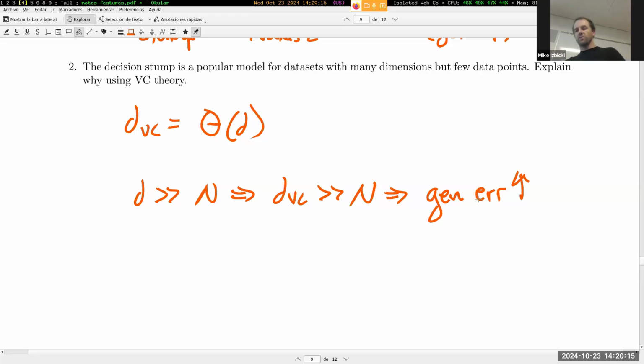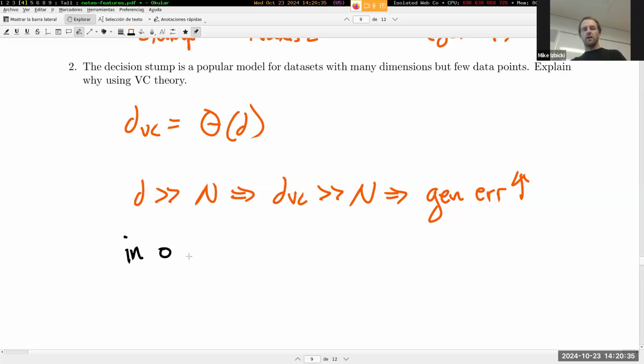The reason for that is because the generalization error is proportional to the square root of dVC divided by N. If dVC is much bigger than N, then the generalization error is high, this thing on the numerator, this thing on the denominator. And so in order to make our generalization error much lower,